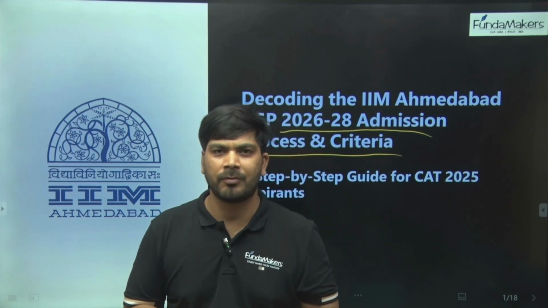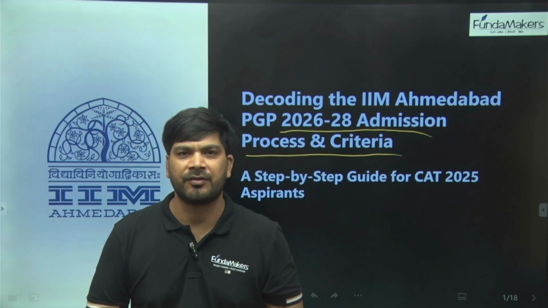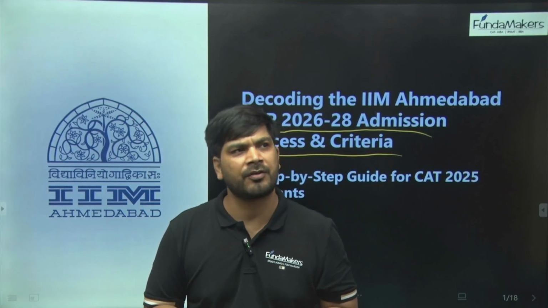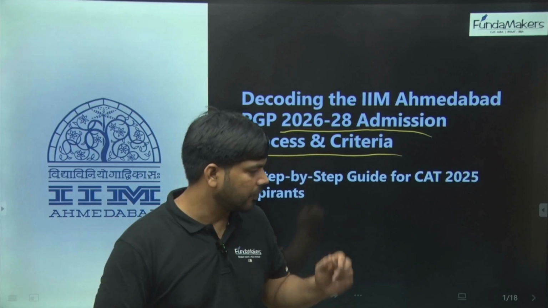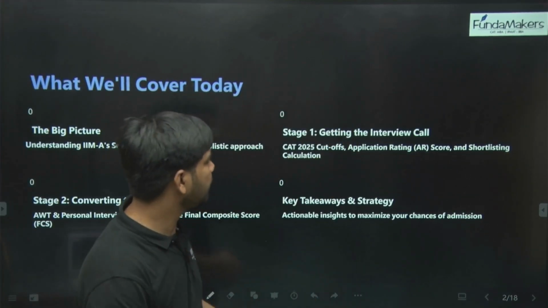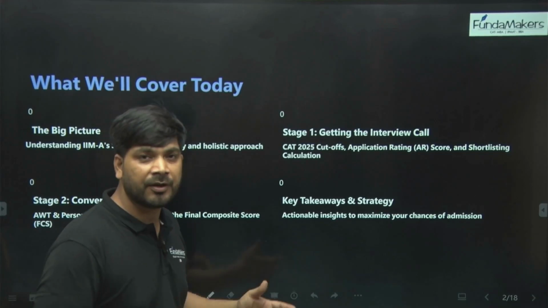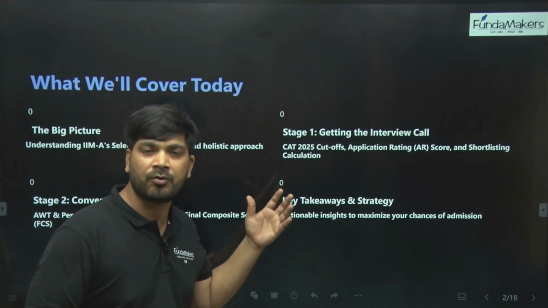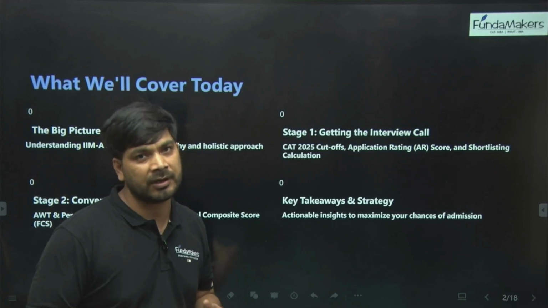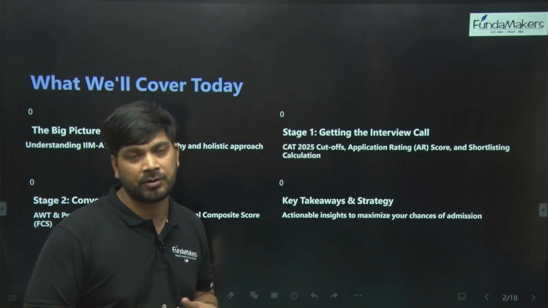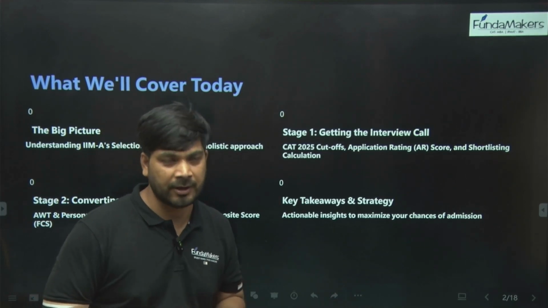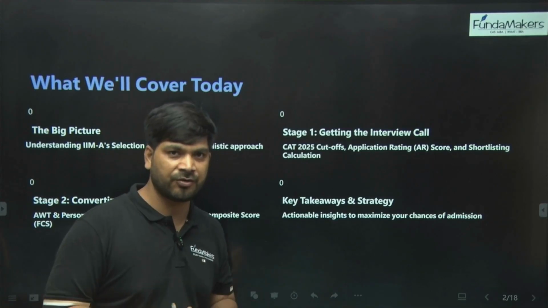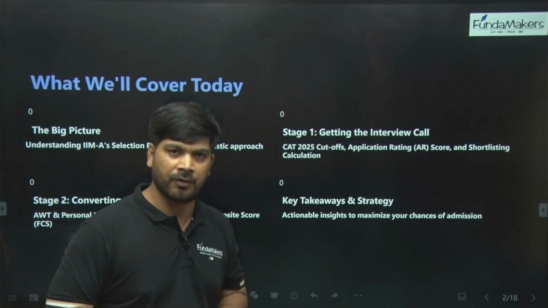So we are going to talk about certain things in this particular session. This session is more like discussing what exactly are the pillars of getting into IIM Ahmedabad, at least the selection criteria. So let's decode it one by one. This information has been taken from the IIM website. If you want to take a look at it firsthand, you may go to the official selection criteria notification which has come on the website of IIM Ahmedabad. So every data has been picked from the website. My job is just to explain it to you in a better fashion. There's no additional information I'm giving from my side.